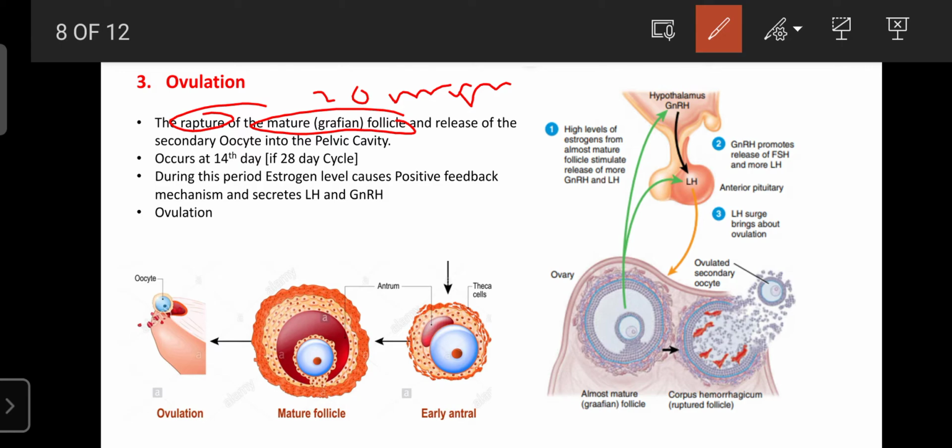Ovulation is concerned with the rupture of the mature Graafian follicle, so that the secondary oocyte is released into the pelvic cavity near the borders of the fallopian tubes. The released oocyte is then picked up by the infundibulum, the fimbriae of the fallopian tube, which can pick up the ovum from the pelvic cavity that was released by the ovary during ovulation, and it occurs exactly on the 14th day